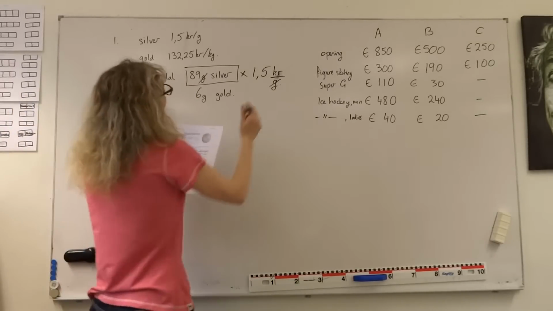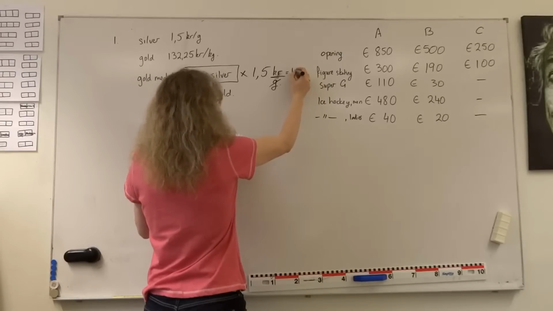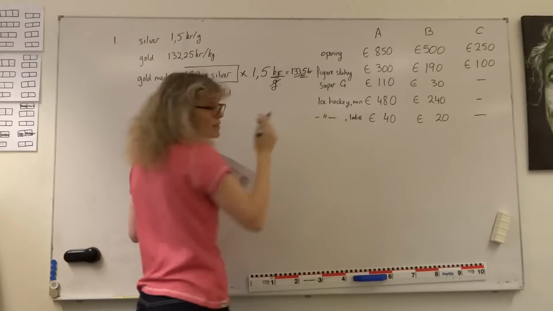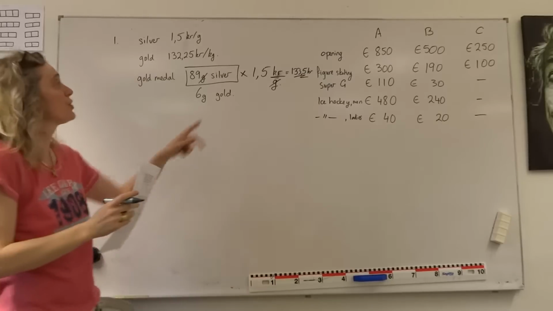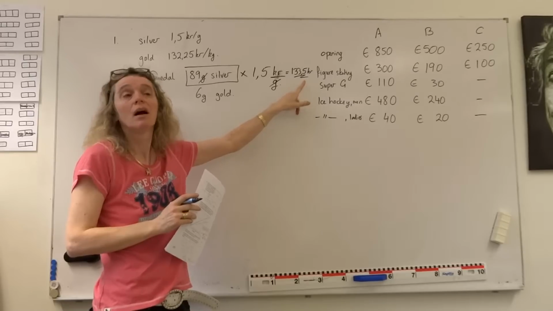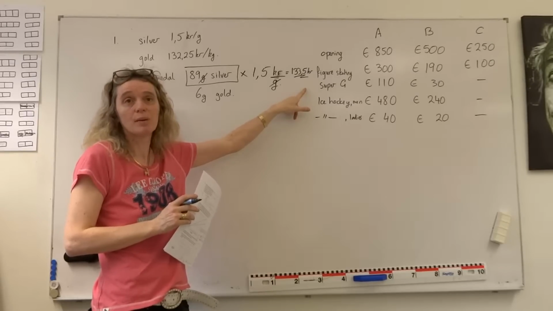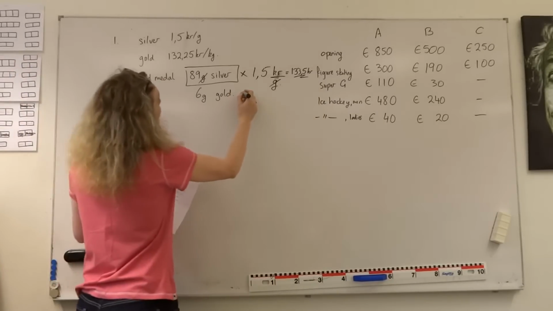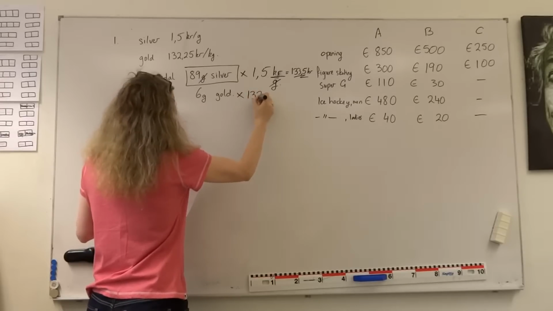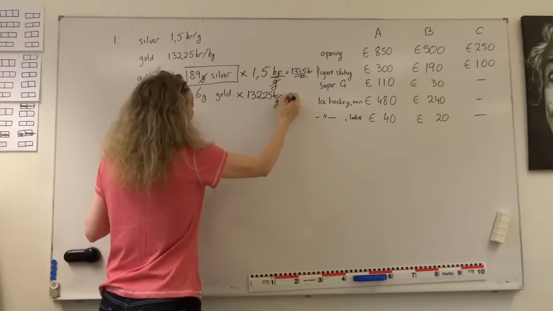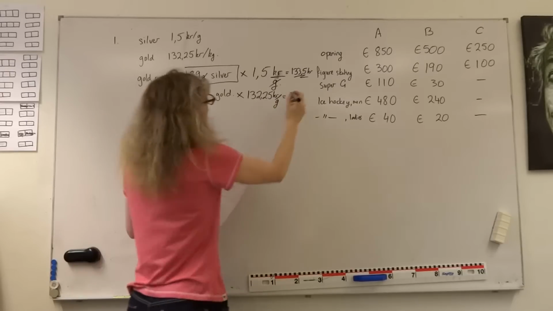Okay, so we then have that equals 133.5 kronas. And that's where I made my first mistake. I punched the wrong numbers in and didn't get that. But because I punched the numbers in again, I found my mistake and then was able to correct it. 6 grams of gold at 132.25 kronas per gram will give you